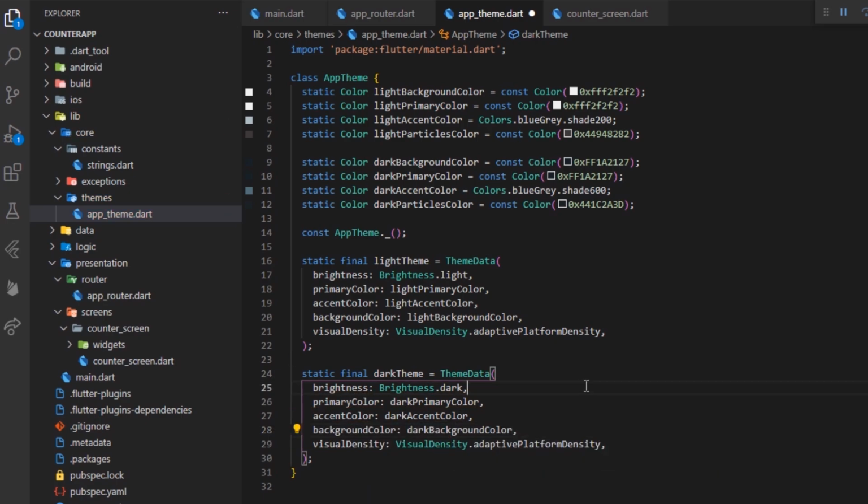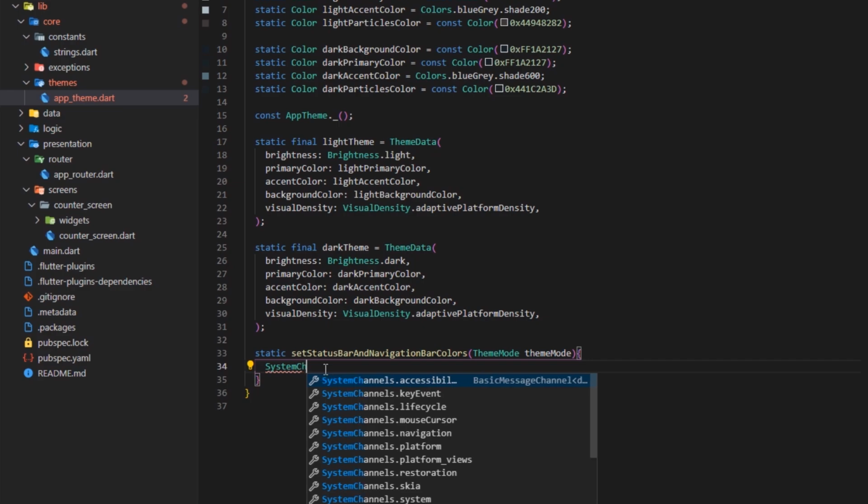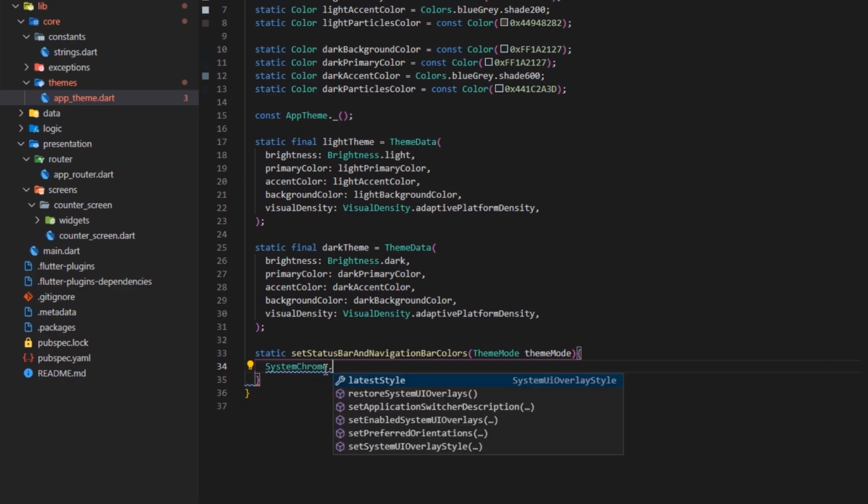Along with the current theme of the app, we should not forget that we also want to modify the status bar and the navigation bar accordingly so that they both integrate well with the app. Therefore, we'll create a static method called setStatusBarAndNavigationBarColors, taking a theme mode variable as a parameter. We'll use that theme mode type to decide how we're going to set the colors of our status bar and navigation bar. We'll do that by calling the